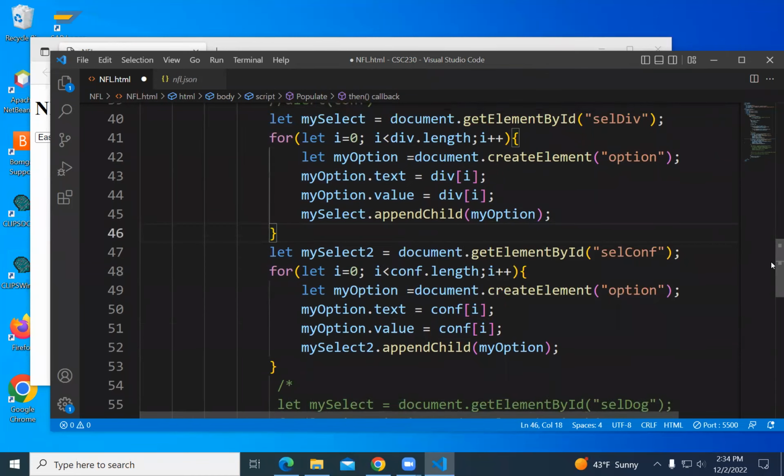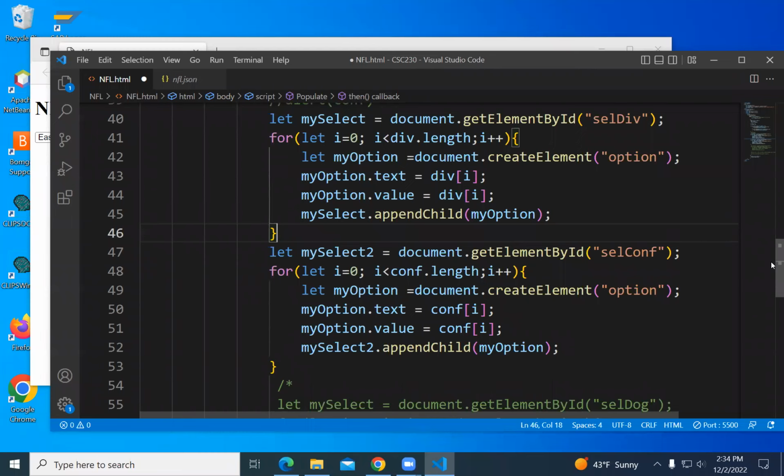So I copied what I had, I pasted it below, I changed the divisions to conference. You saw, I hope, that when I pasted that code above again below, I copied lines 40 to 46 down to 47 to 53.